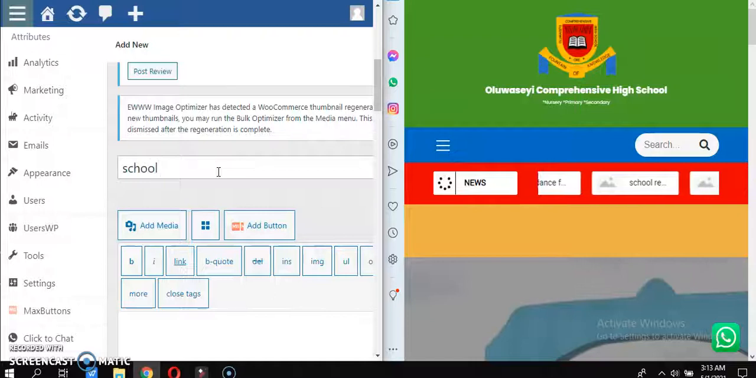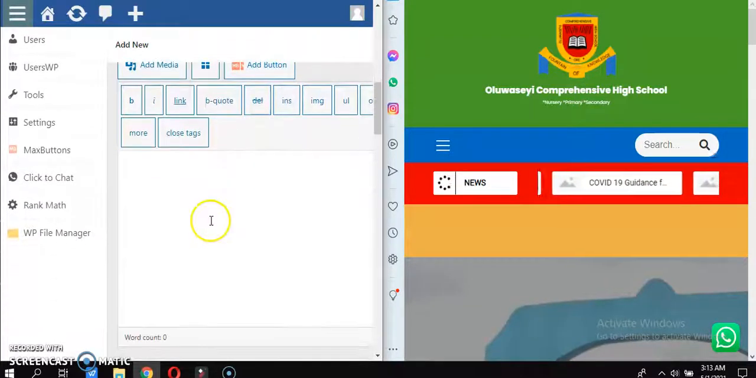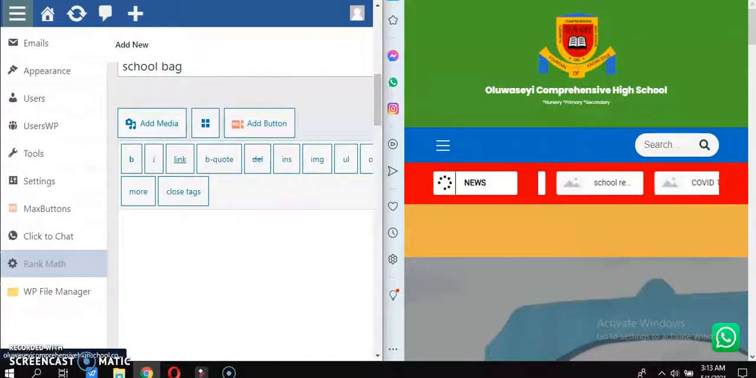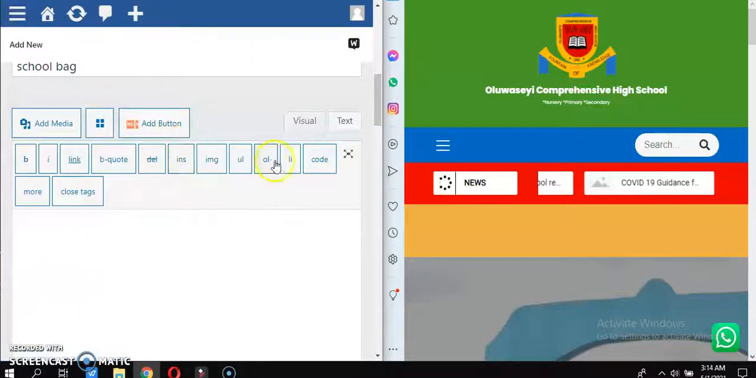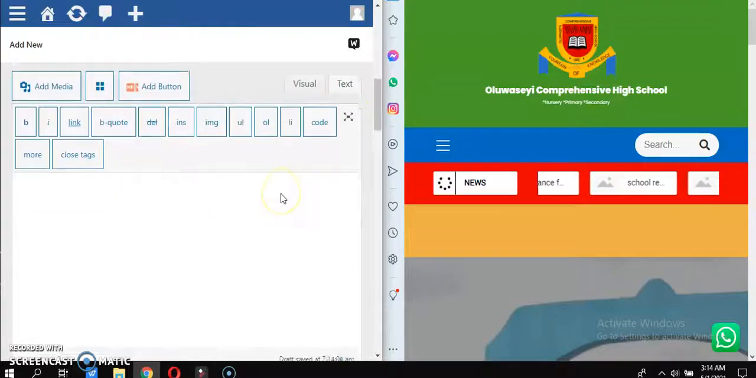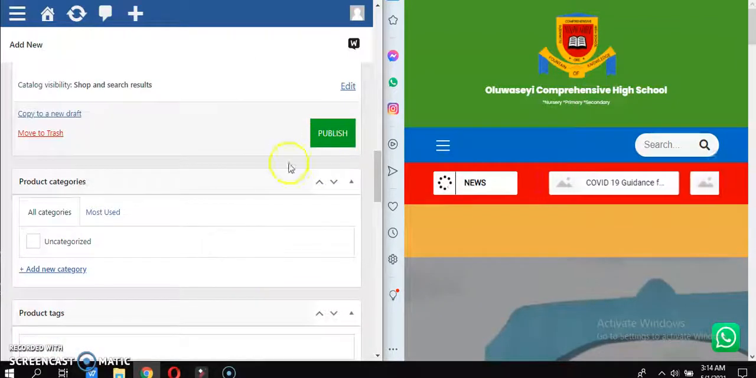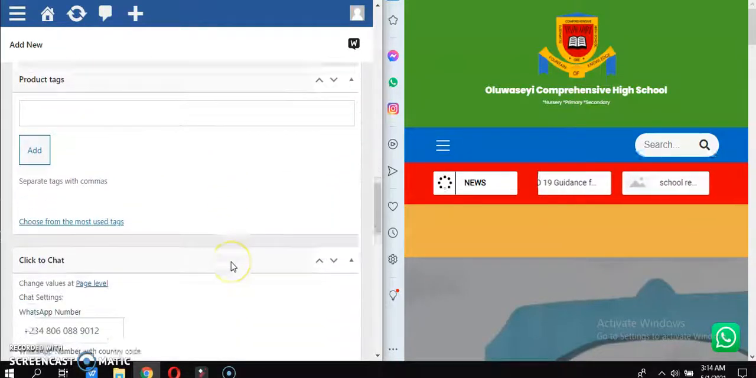Let's say school bag is the name of the product, and you can give more explanation of what you want your product to be down here. You can actually write this in any language, in programming language or in visual language. And you publish after that. Although you can suspend publishing, you come down here